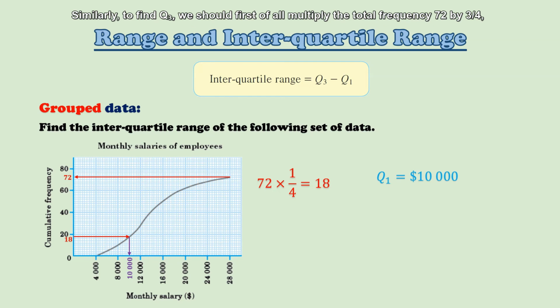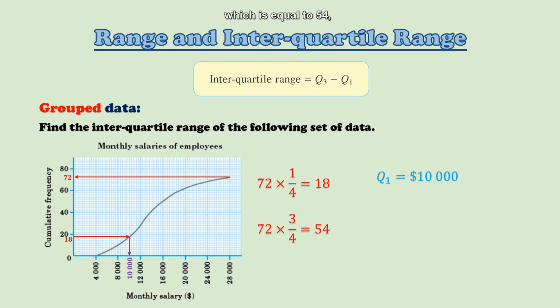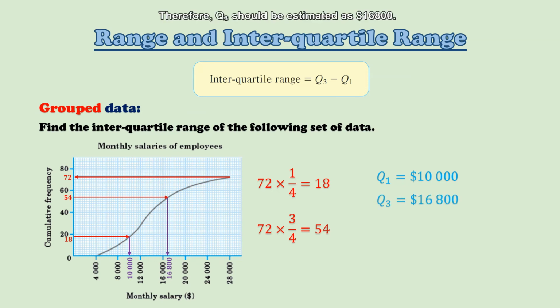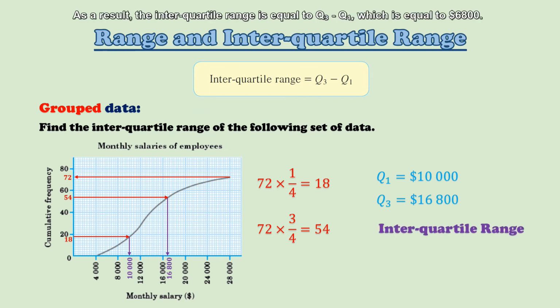Similarly, to find Q3, we should first of all multiply the total frequency 72 by 3/4, which is equal to 54, and then we look for 54 from the vertical axis, and then we read the corresponding monthly salary, which is $16,800. Therefore, Q3 should be estimated at $16,800. As a result, the interquartile range is equal to Q3 minus Q1, which is equal to